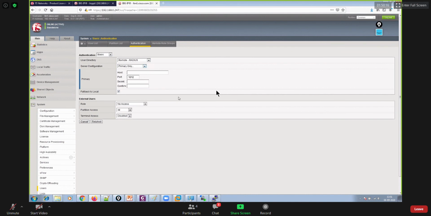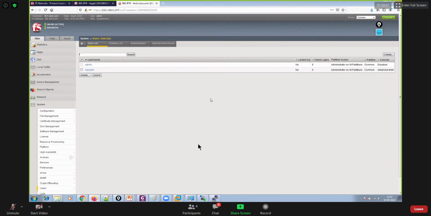Okay, guys. So you can integrate your BIG-IP with the Radius or TACACS+ server for the authentication purpose, for admin authentication. If you have like 100 admins, 100 engineers in your organization, this is not really a good idea to have 100 user ID passwords created locally on this box. Better to integrate it with Radius or TACACS+ and then create user ID password on the TACACS+ or Radius server and get your admin users authenticated from there. Okay. So you will have to configure the authentication over here.